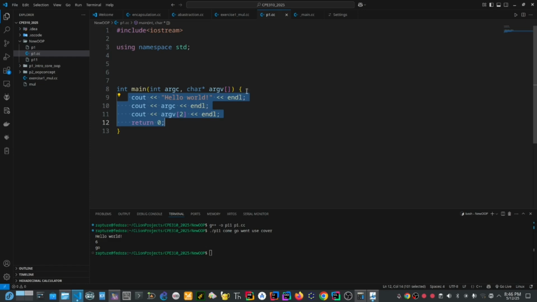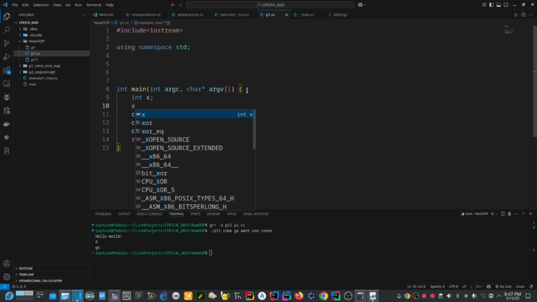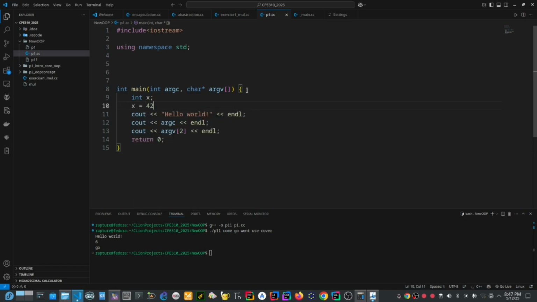A statement can just be, you can just declare, maybe int x, right? Just this. And initialization is x equal to, maybe, 42. This is declaration. The slash is for comments. Declaration. This is initialization.